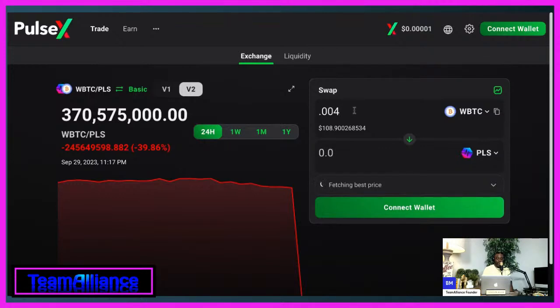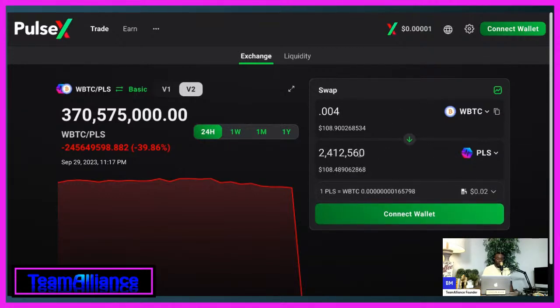And I want to see how much Bitcoin it should get me. So you see here how it's giving me 2.4 million. I want to make sure that the amount that I'm getting when I am on Goldpost is close to that. It doesn't necessarily have to be more than this. It can be like 2.2, 2.3 million, but I make sure that it's close to this number,